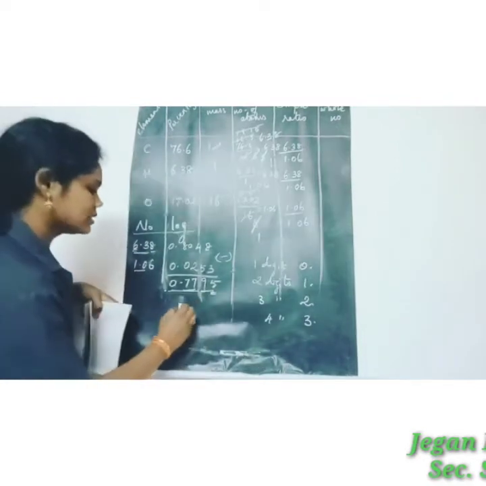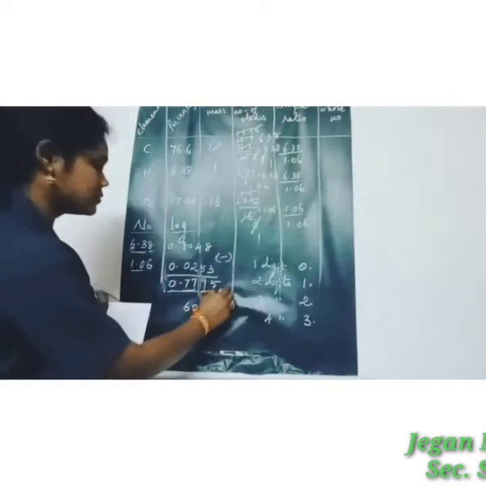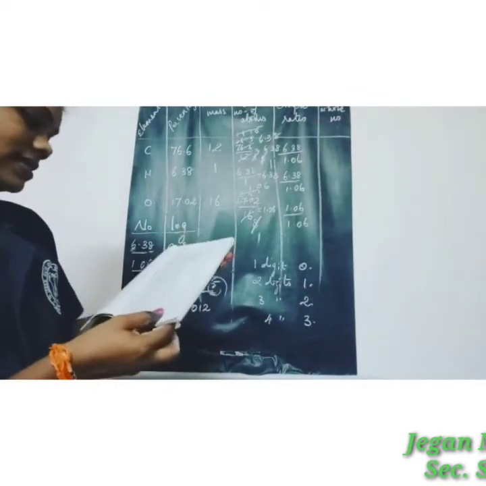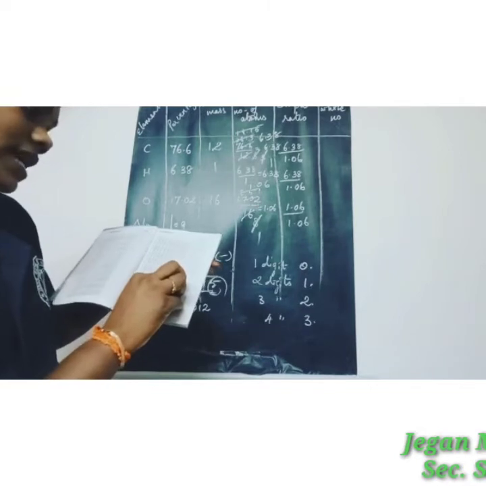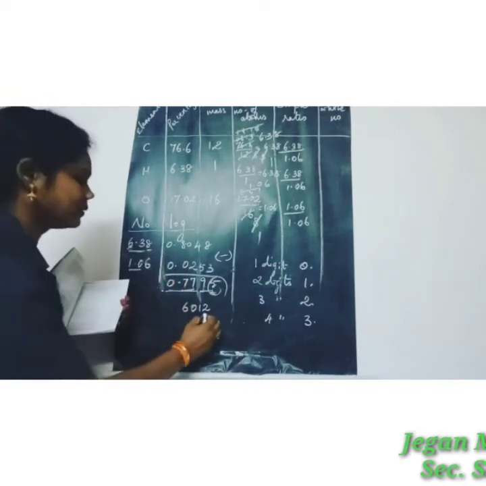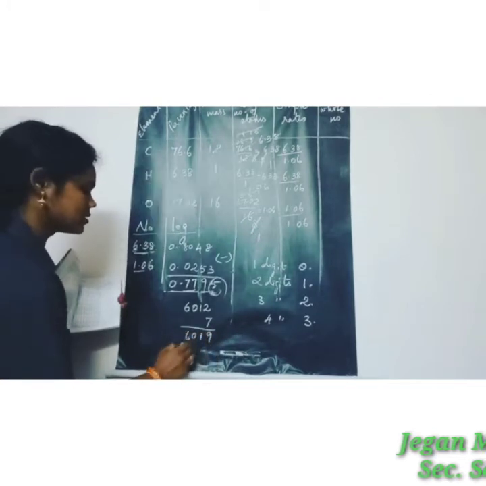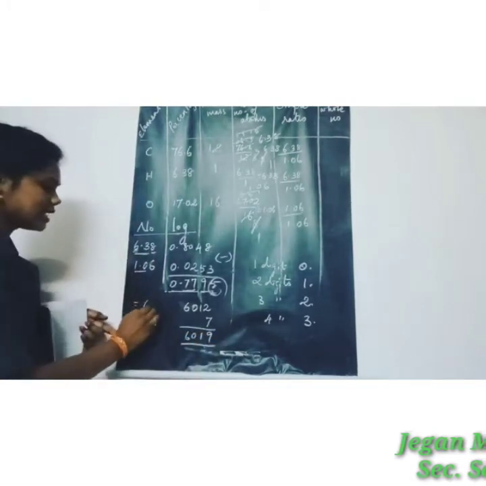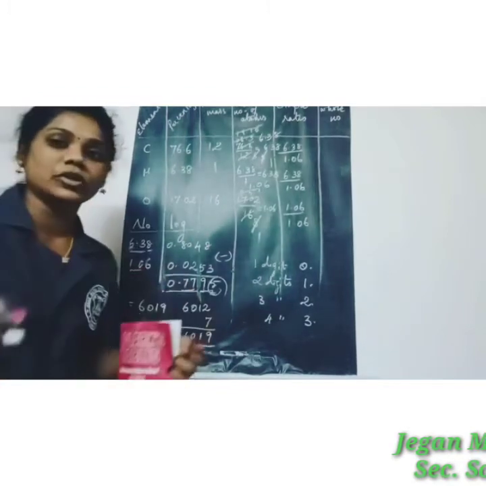6012. So 6012 and the mean value is 5. So that is the mean difference. So that is 5. See here, in 5 the value is 7. So here 7. Add this term, 6019. So this is the answer, 6019. Then where do I put the point?